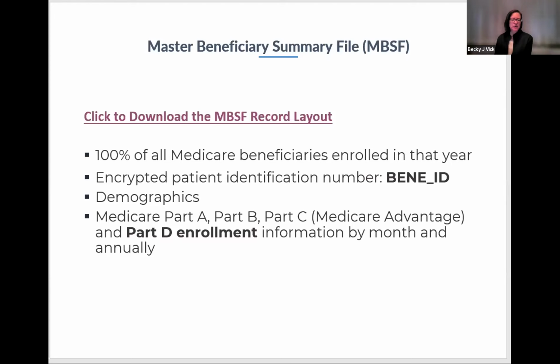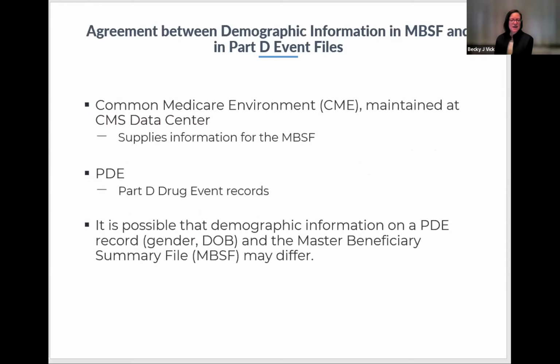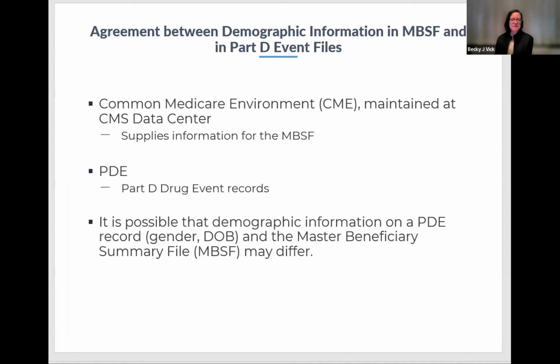There's exactly one record per Beni. Sometimes I will just call beneficiary Bennies for short. One record per Beni, and that record will contain an array of variables that summarize their demographic characteristics and enrollment status. So before I dive into describing the MBSF Part D variables, I want to mention that the MBSF is